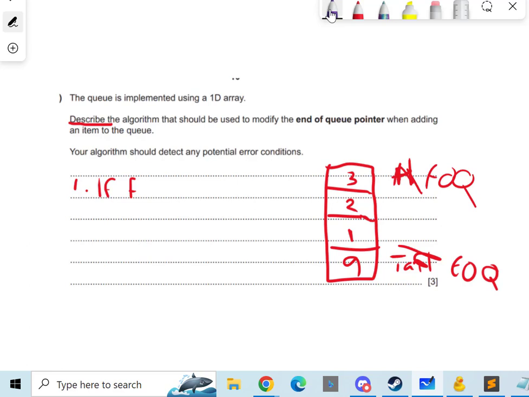So let's use the 3-pointer. If 3-pointer is -1, then display queue is full, which makes sense. We need to take that into account. Number 2, if it's not full,